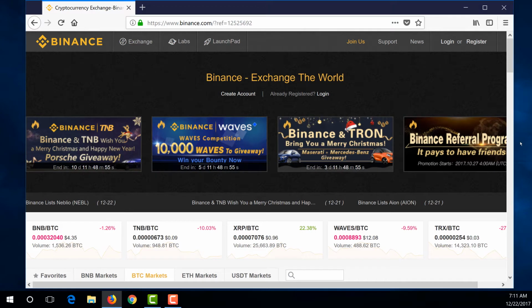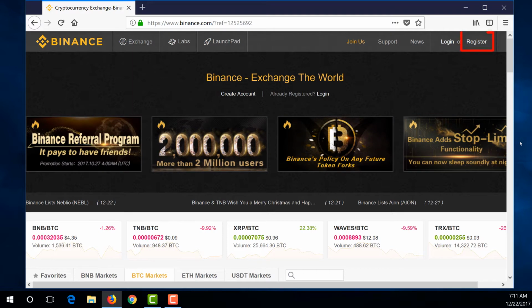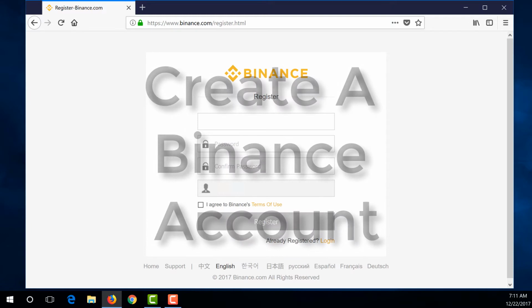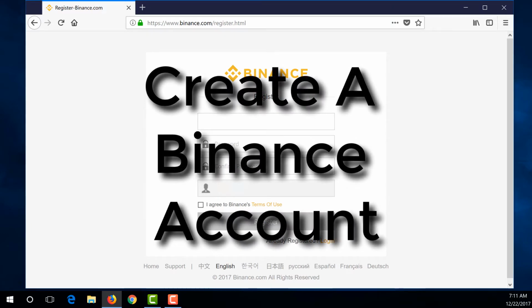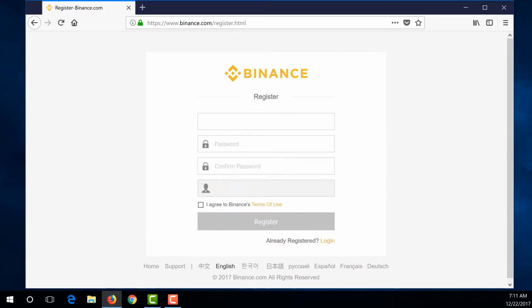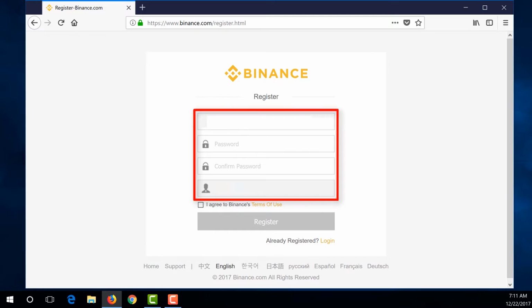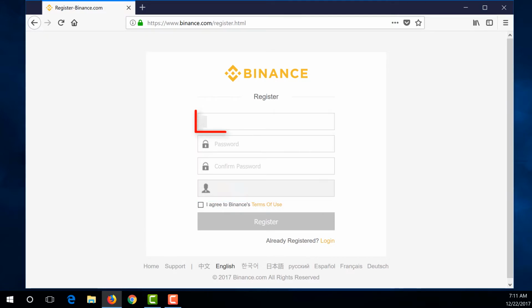If you don't feel comfortable selecting the link, you can open your favorite web browser and go to Binance.com. Then select the Register button in the top. Create a Binance account. On the Binance Register page, we need to enter the following information. Enter an email address to link to your new Binance account.